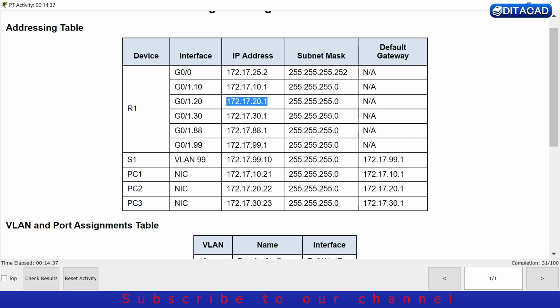We are going to do the same. We are going to create a sub interface gigabit ethernet 0/30, and we are going to assign an IP address 172.17.30.1, and this IP address will act like a default gateway for VLAN 30. We are going to create another sub interface gigabit ethernet 0/1.88, and we are going to assign an IP address